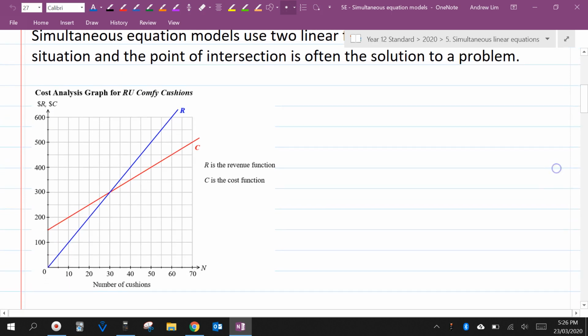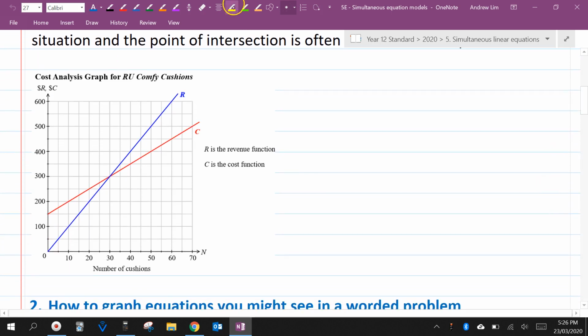Here we have an example of a business called Are You Comfy Cushions. What we have here is that the blue line is the revenue, how much money they get depending on how many cushions they sell. And this red line here is the cost, how much it costs to make those cushions that they sell. So we've got two functions, or two lines. And the point of intersection here